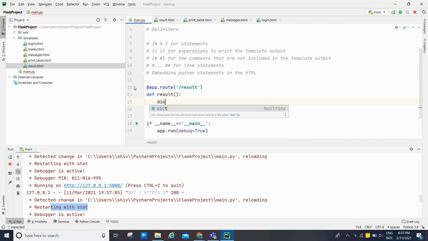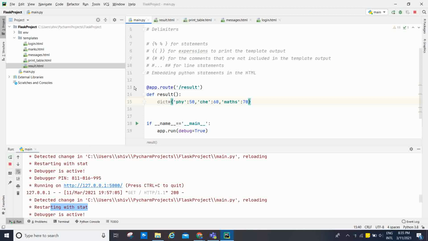I'm going to define a dictionary that we are going to pass from here, equal to physics, phy with value 50, chemistry that is 60, maths that is 70.